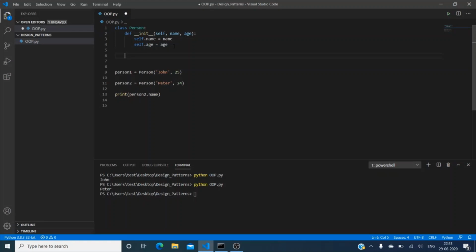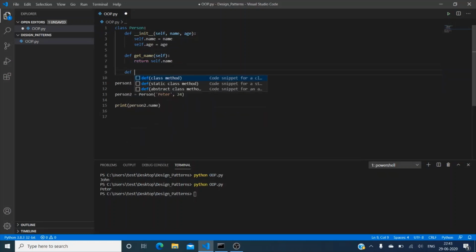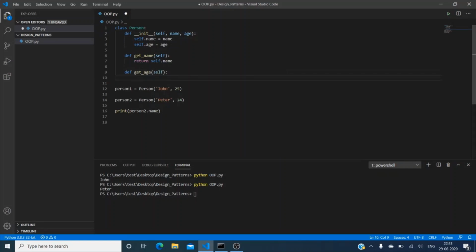Since here we are already setting it through the constructor, we can add a method called get name with self as parameter to pass the reference of that object, and then just return self dot name. Similarly, we can write a method called get age and pass self, which will return self dot age.